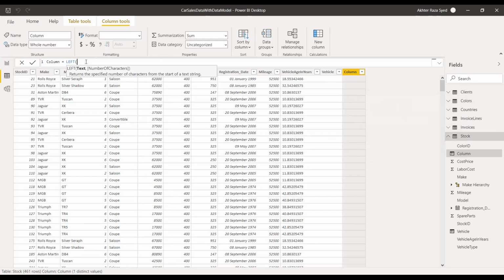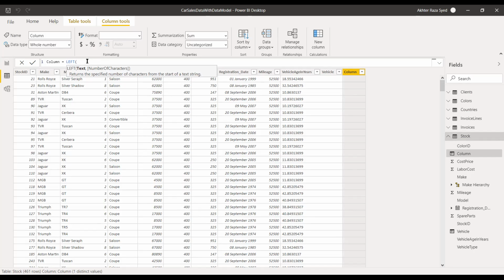So you have to specify here Client as the table name, and Town. You have to specify the bracket and the town, but this is not mentioning the